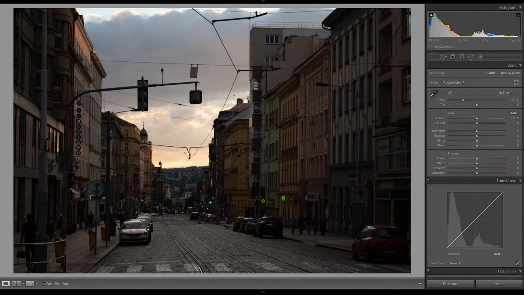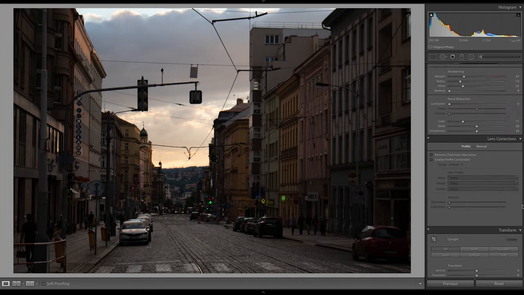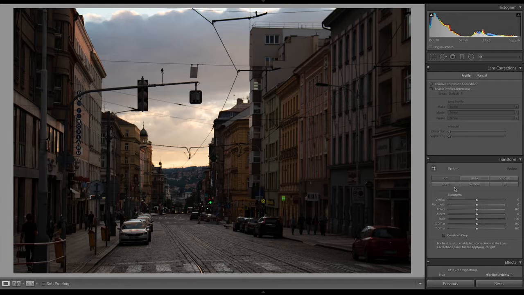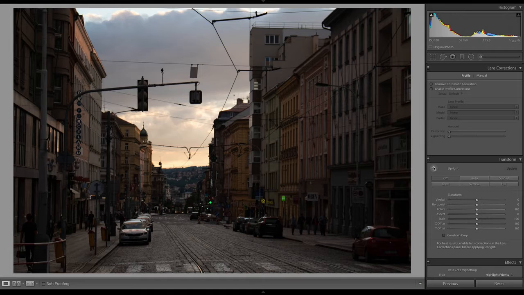Something that I tend to do with architecture shots like this is I want the lines in the buildings to be straight, and I want to do that before actually cropping in or out. So what I go down to is the transform properties. There are a few different settings. You can test out auto, which will try to straighten lines in your images, or you can do it yourself, and that's what I'm going to do.